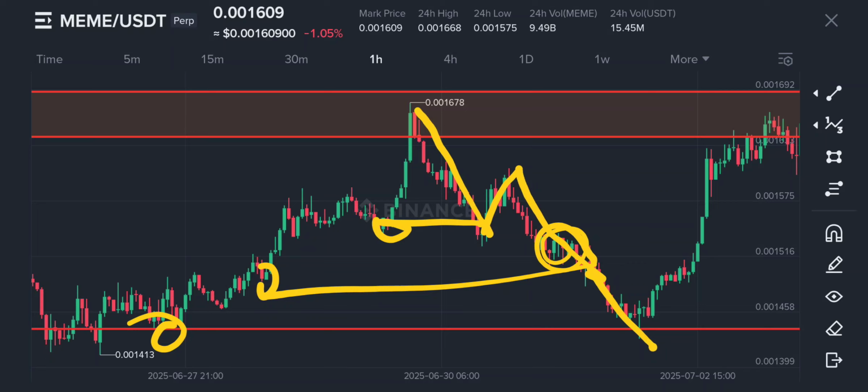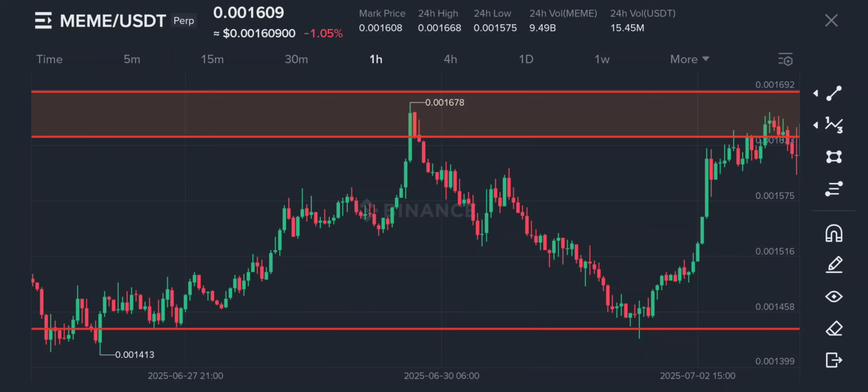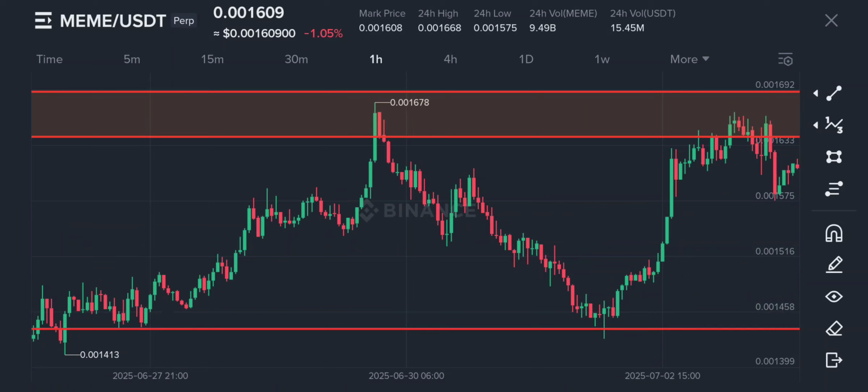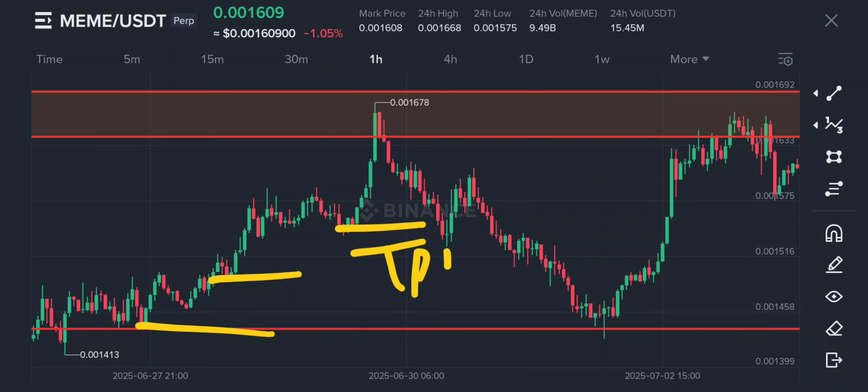I hope you guys are seeing it. So all these other areas that price has placed for you, previous areas of maybe liquidity that it needs to take, are the places that you put your stop loss on the lower time frame. So this would have been your TP1. You put here TP2, and you put here